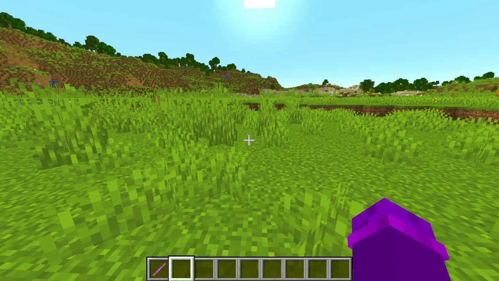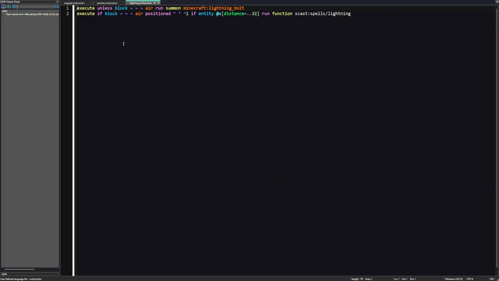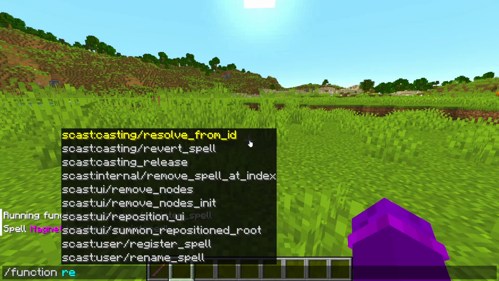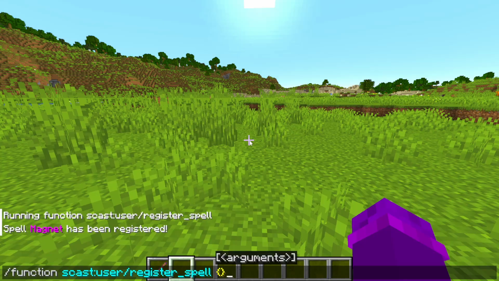In order to show this a little better, let's add another spell. Next, we'll add the lightning spell. This function will summon lightning at any block you're looking at, as long as that block is within 32 blocks of yourself. So again, we're going to run the function register spell, give it a name,